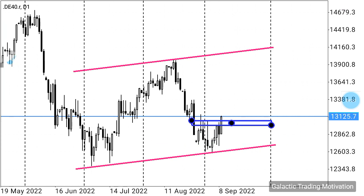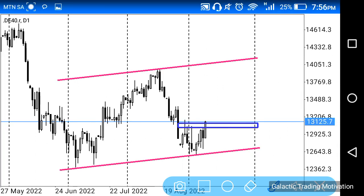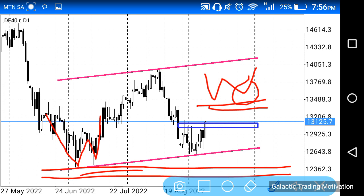We can see that the neckline is around here somewhere, right? Yeah, and let's proceed. Another thing that is also very much interesting is the fact that we had a W structure over here, and I said to you guys that when it comes to W structures, what normally happens is a lot of traders and investors buy on that second leg of the W structure and they place their stop losses just below. So we have a lot of liquidity at this point, or at this level, in the form